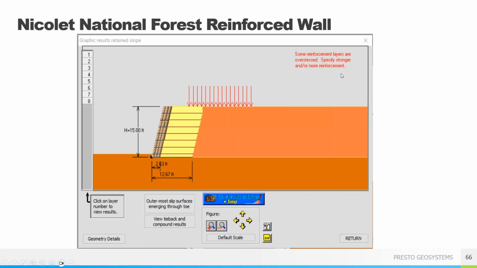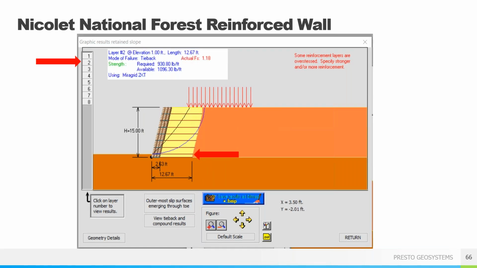But if you look here, some reinforcement layers are overstressed, specify stronger and/or more reinforcement. So that is an error message. That's what I was talking about before, so you're always looking for that note in the upper right-hand corner. With that, we have to go back and look at using different geogrid layers.